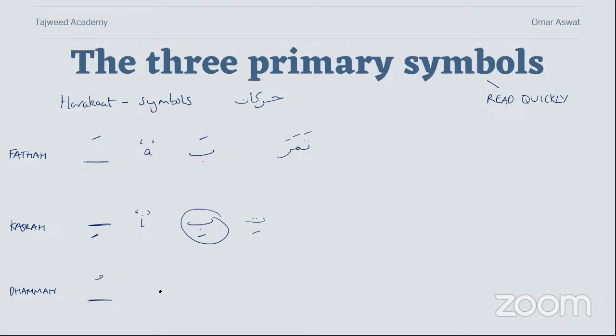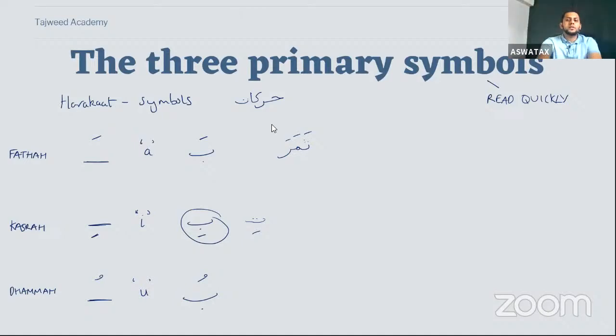The dhamma is found on top of a letter and makes the u sound. Okay, again, we're not stretching, we're just saying u. An example is ba dhamma bu. A common error with the dhamma is that some will tend to say ba. So it's not ba dhamma ba, that's incorrect. It would be ba dhamma bu. So you have to have rounded lips. Your lips have to come out slightly. Whichever letter has a dhamma on top of it, you have rounded lips and you say ba dhamma bu.